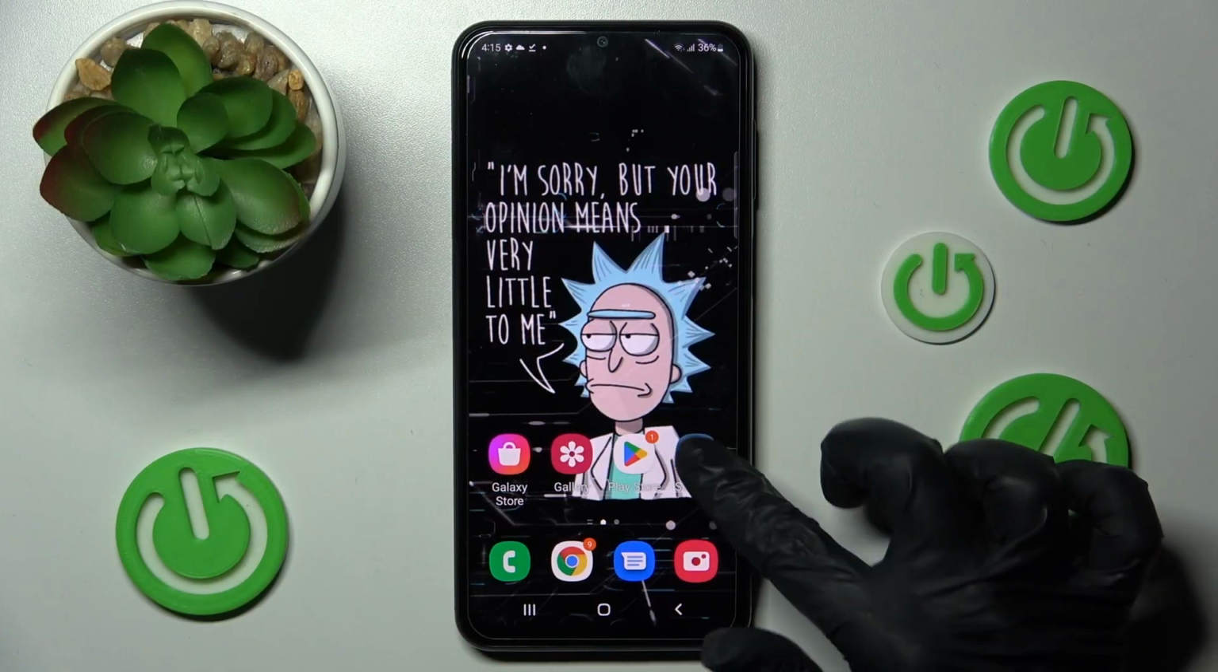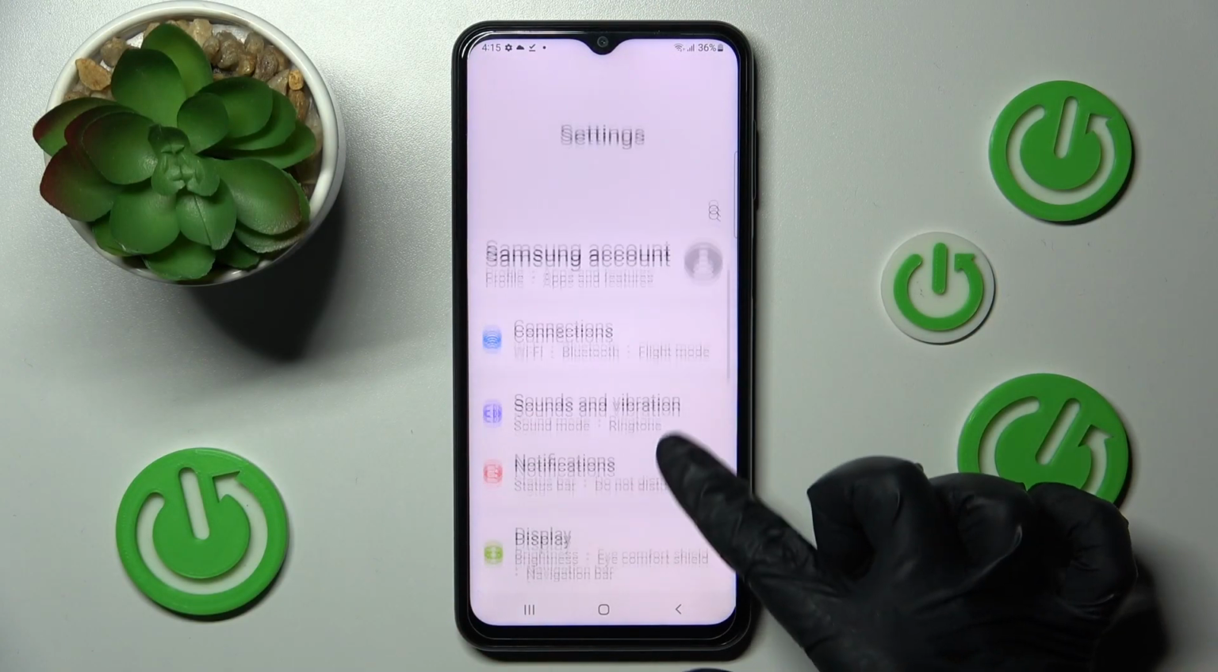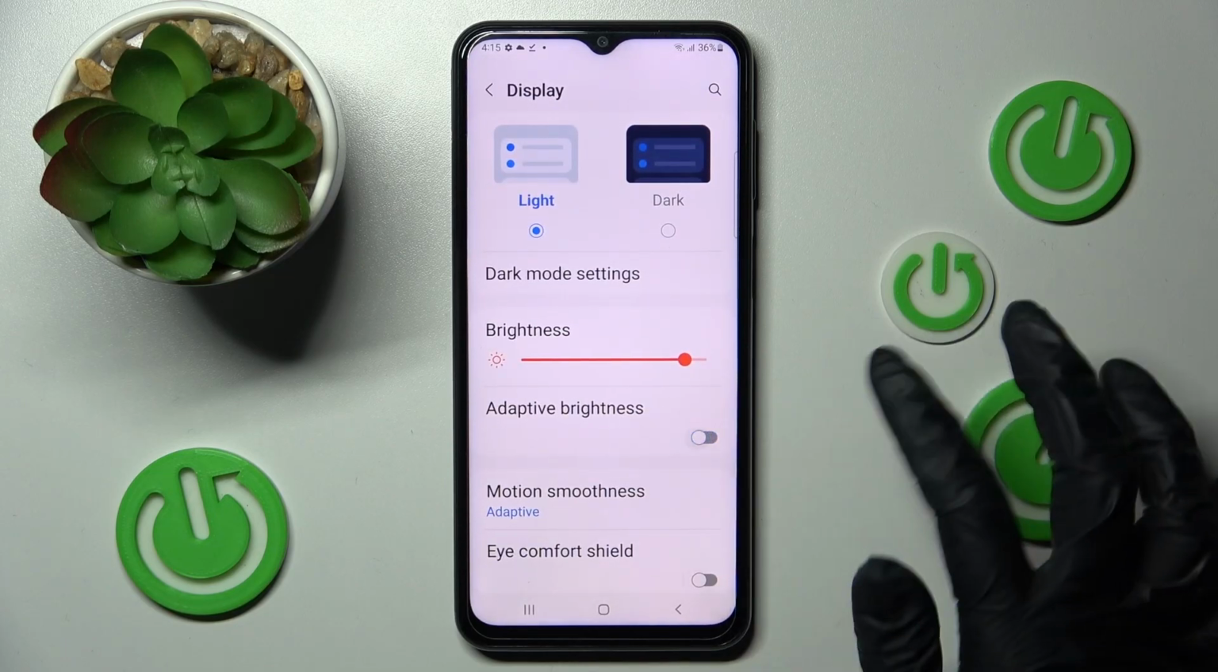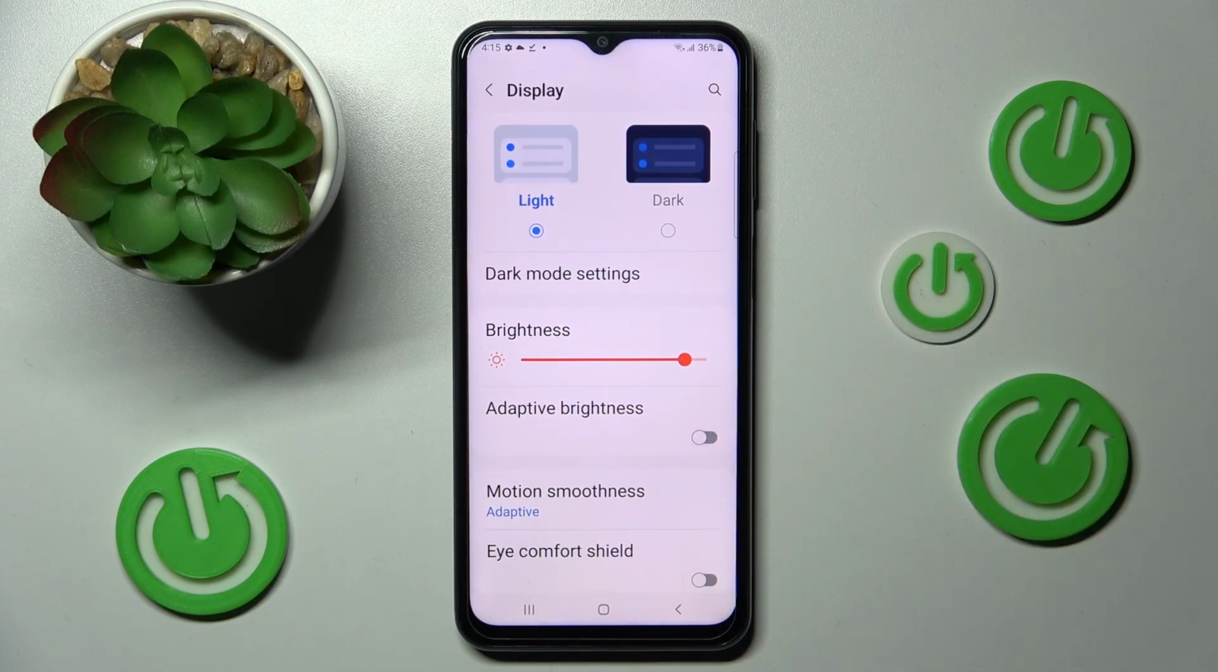First of all, go into settings. Now scroll down, tap on display section and click on this switcher next to adaptive brightness. As you can see, after that auto brightness is off, but you can always turn it on by clicking on